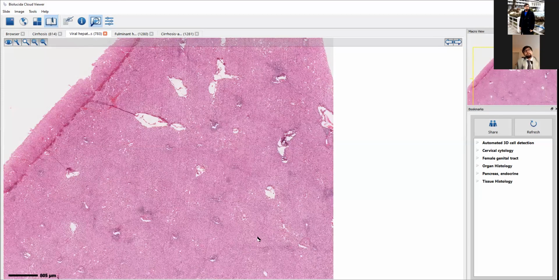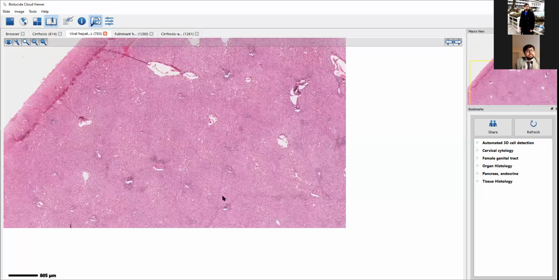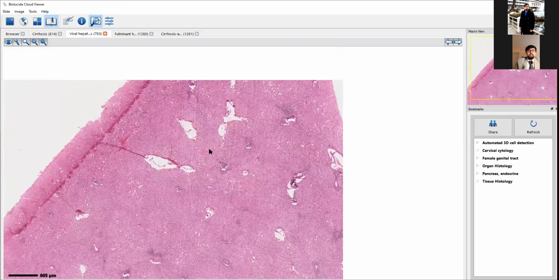The issue is that once I look at this slide, I can't see any normal cells at all, right? You know why that is? Because this is chronic hepatitis, and hepatitis means inflammation. So if you have sustained inflammation, all the cells are broken down by inflammatory mediators, right? You have tumor necrosis factor alpha, TNF beta, then you have TGF, IGF, and so forth. So I can't find any area where there is any kind of normalcy. It is impossible, right?